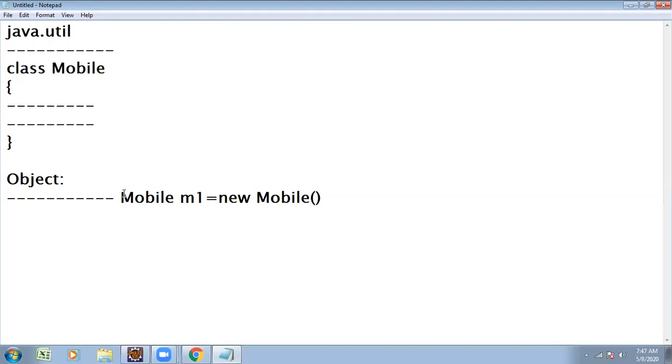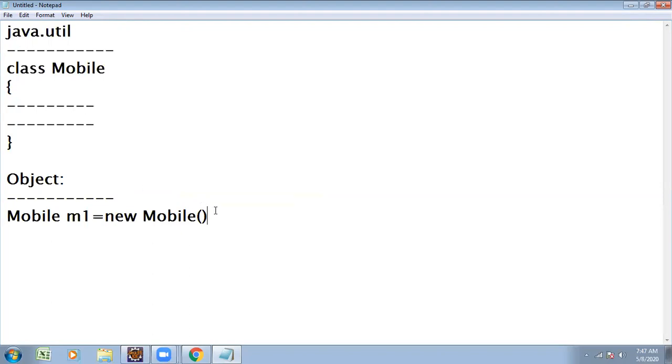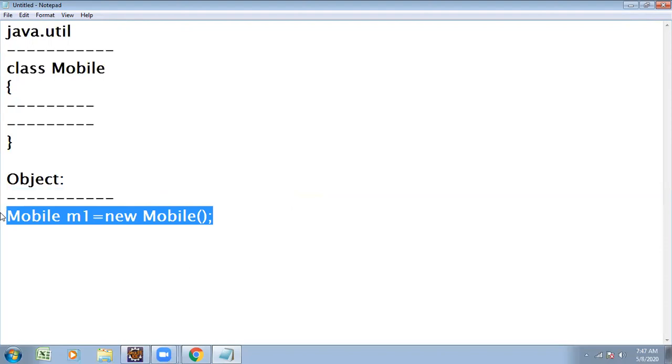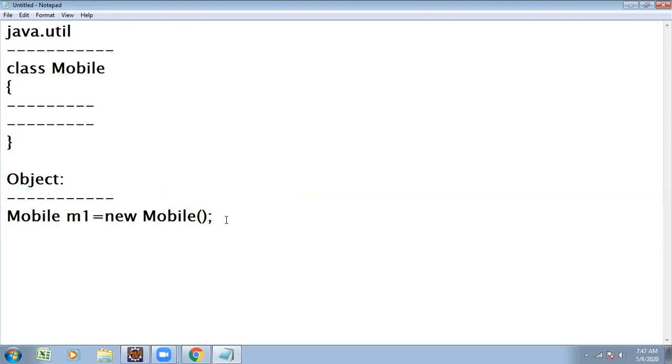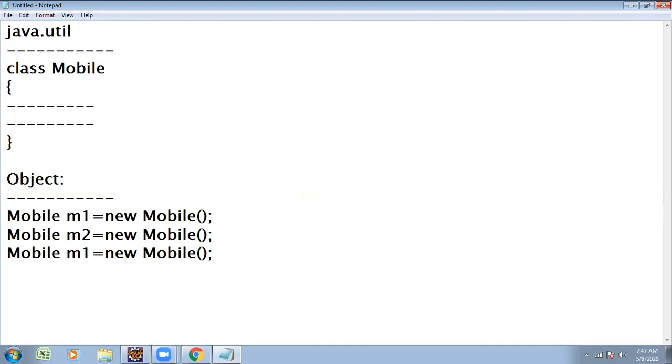Next, we created object one to retrieve the information of mobile one. Not only mobile one, there are mobile two, mobile three, n number of mobiles. Object one, object two, object three, object four, object n: any number of objects we can create for the class.